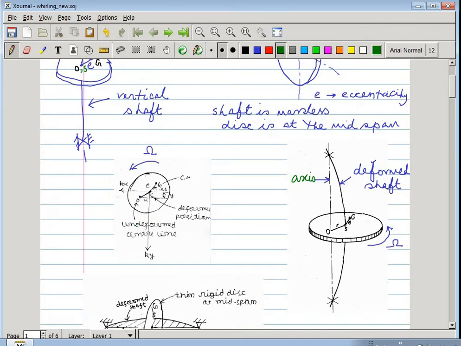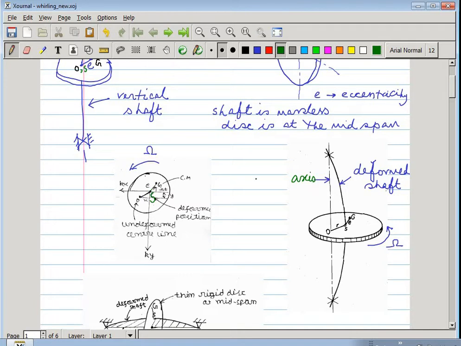So O is the axis of rotation, or the undeformed center line of the shaft, and due to elastic deformation, the shaft has come here at S. This is S, and G is the location of the center of mass. So SG is e. OS and SG are